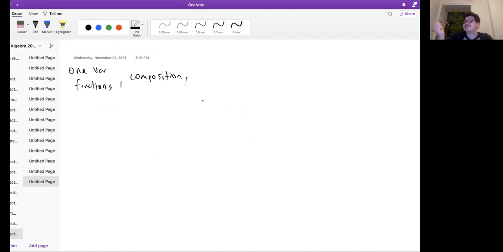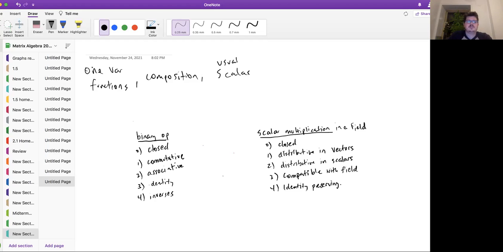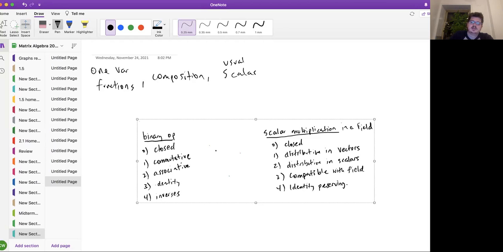And the binary operation is composition. Can someone remind me what, good, it's not commutative. So what does composition mean? It means that you take in the input